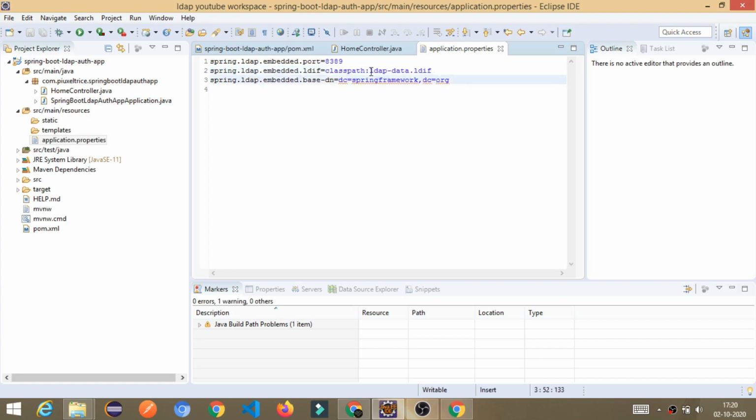You can see the file name is ldap-data, and the extension is very important. LDIF is the extension, and it is a syntax or format in which LDAP data has to be stored in your LDAP server. That's why we are using the LDIF file extension. We are not using a .txt file or .java file. We are using the LDIF extension.